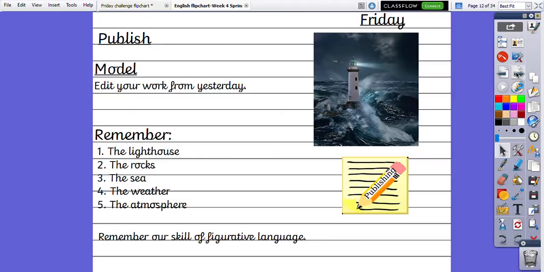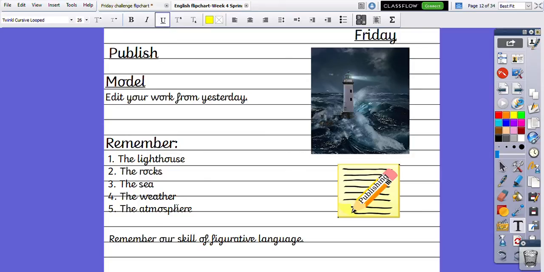Today we are publishing, so you should have sections about the lighthouse, the rocks that it sits on, the sea, the weather, and the general atmosphere. So here is where you really need to build your atmosphere. Remember, these things will be very different depending on which lighthouse scene you chose to describe. So, for example, the sea